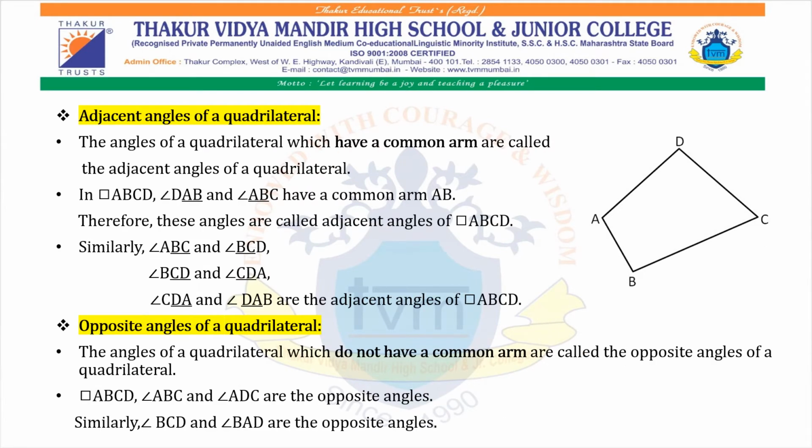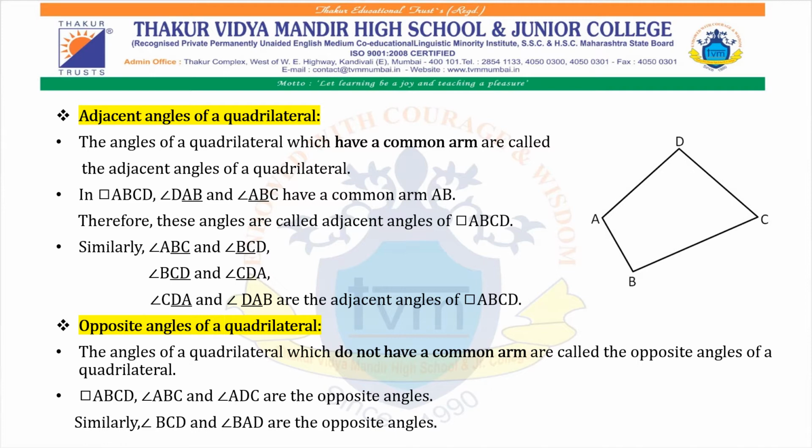Adjacent angles of a quadrilateral. The angles of a quadrilateral which have a common arm are called the adjacent angles of a quadrilateral. In quadrilateral ABCD, angle DAB and angle ABC have a common arm AB. Therefore, these angles are called adjacent angles of quadrilateral ABCD. Similarly, angle ABC and angle BCD, angle BCD and angle CDA, angle CDA and angle DAB are the adjacent angles